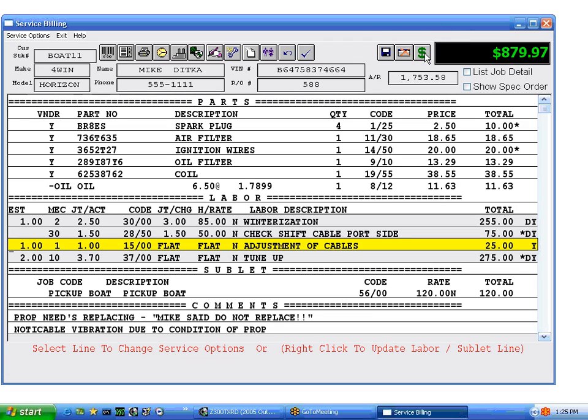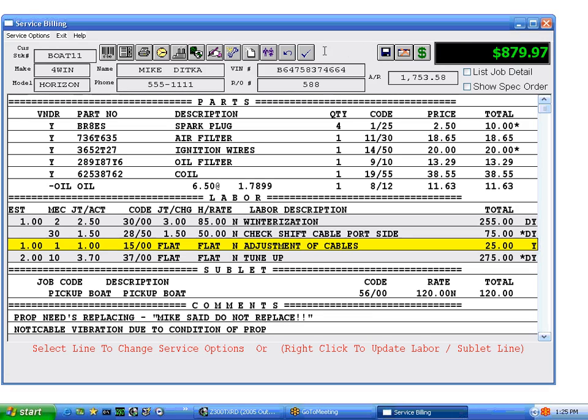We have cash out. We want to bill it, or maybe we just want to print it. This will allow me to delete it. This will allow me to save it. Normally what you're going to do is review this thing, make any adjustments to the price, and save it. You're going to notify the customer that it's done, and you're going to bill it out when he comes to